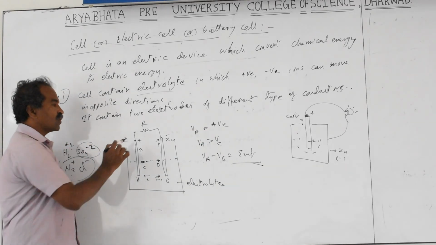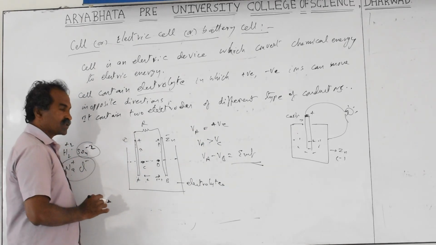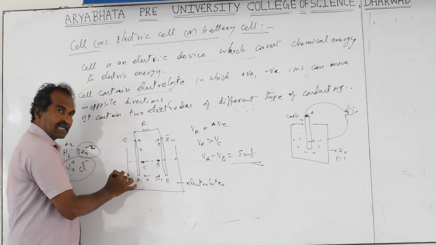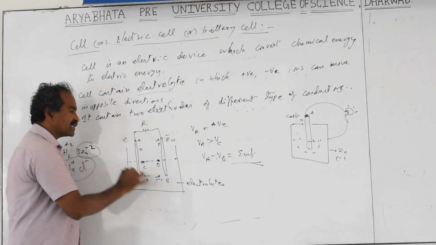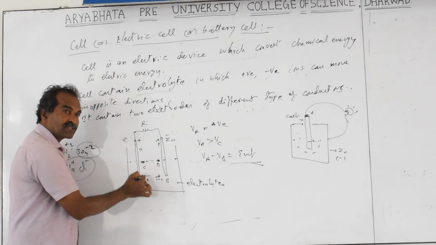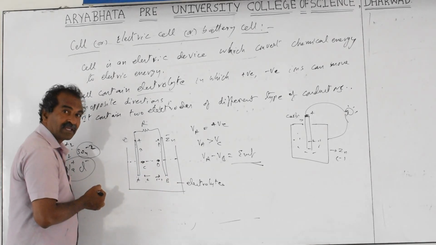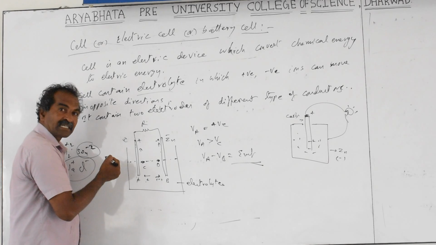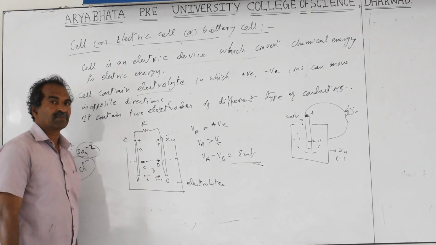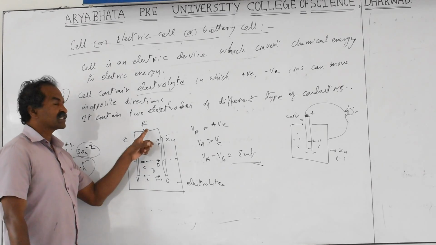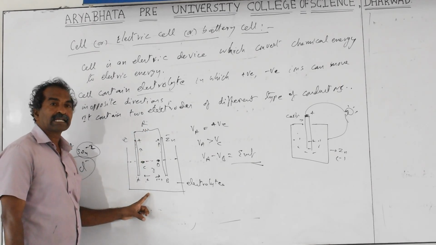Okay, but when you close this circuit, current starts passing here. Now you have two resistances. One is the external resistance. Another resistance is inside this electrolyte. This metal also, this electrolyte also has some resistance. This resistance is called the internal resistance. Small r will be the symbol, always a fixed symbol. External resistance is capital R, small r is the internal resistance of the cell.